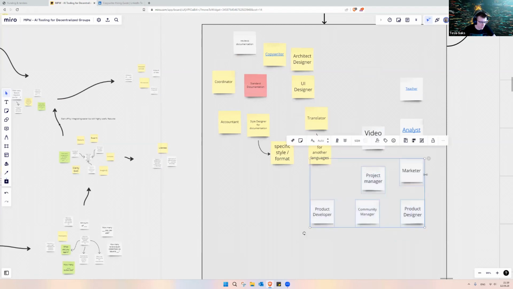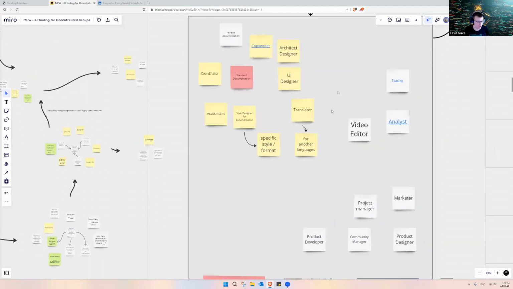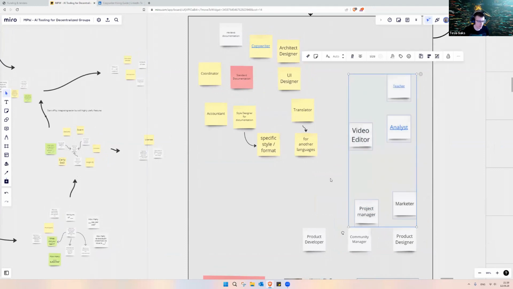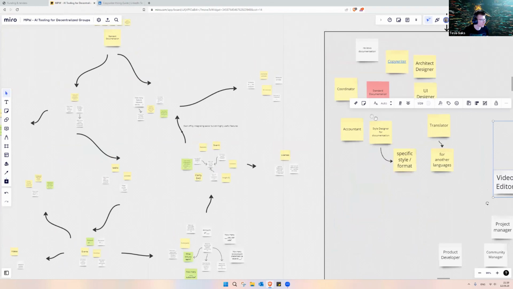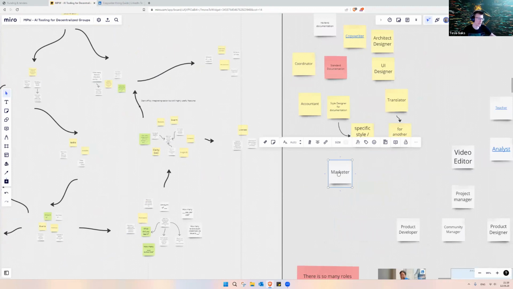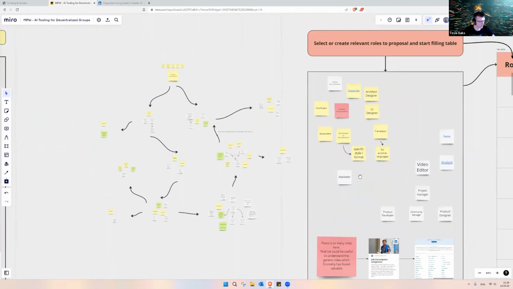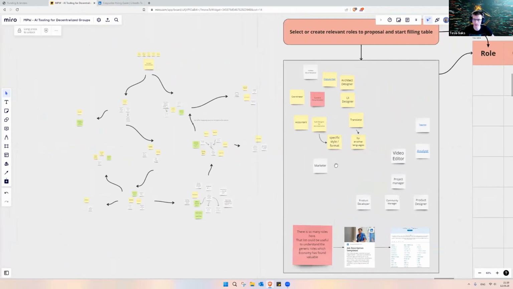So from the list on the left, the product developer, community manager, product designer, all of these I would think would not be related to standard documentation, except perhaps marketer. Would we need to market documentation, or would that not be the goal and we should focus on marketing the product and the standard documentation is secondary? Or would you see value in marketing the documentation too?